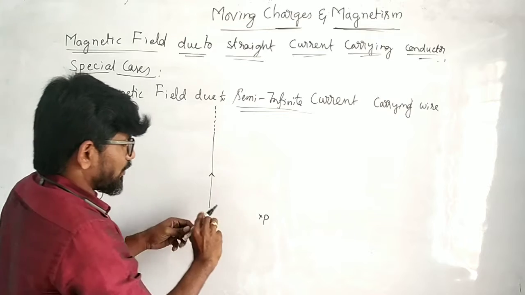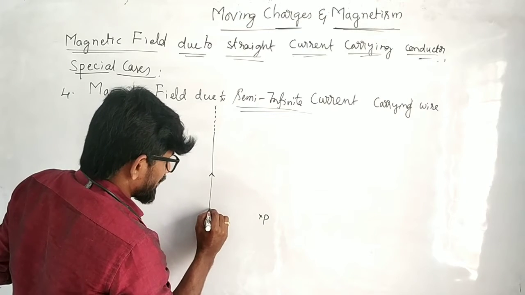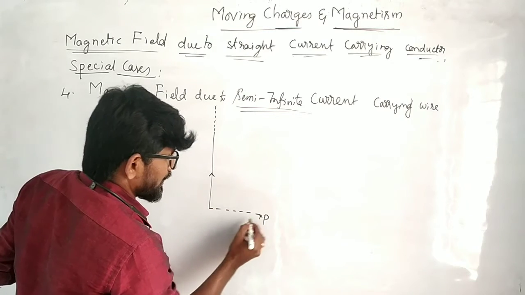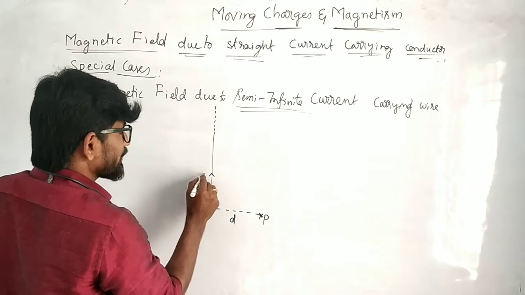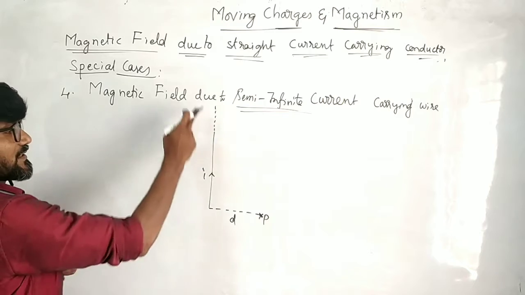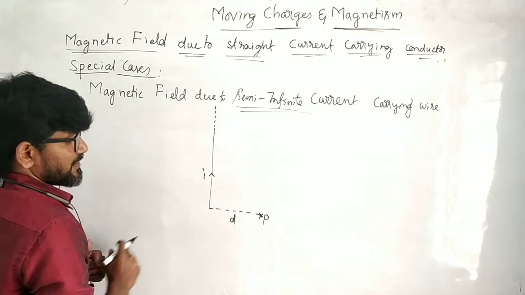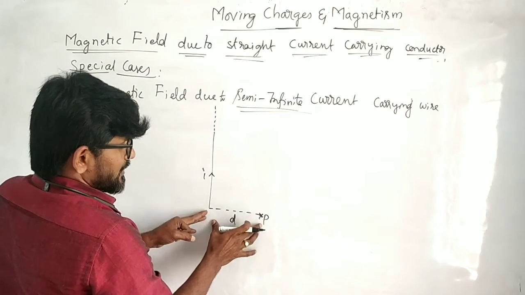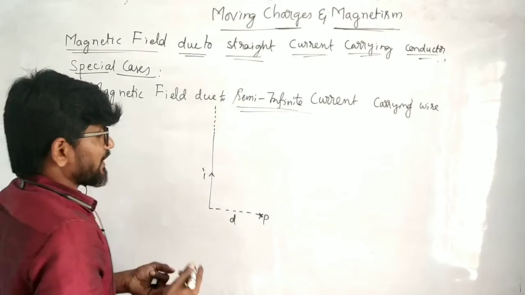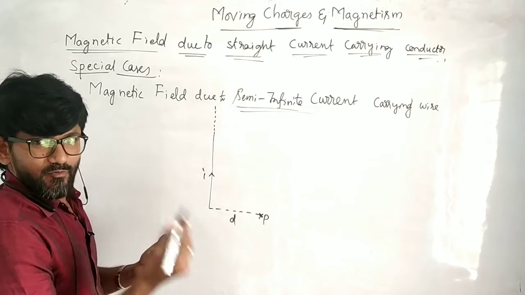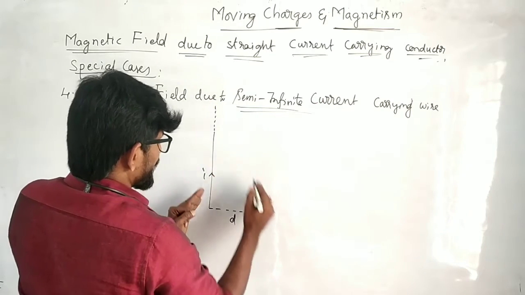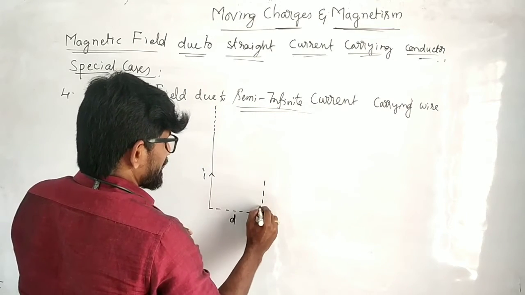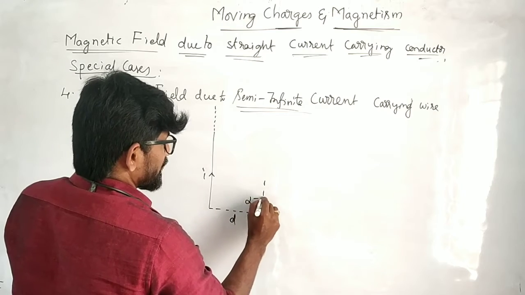Now, if you want to find the magnetic field at a point P, lying towards the finite edge, at this ending point, if you draw a perpendicular line to this point, and this perpendicular distance is d, when current I is flowing through this, at a perpendicular distance d, what is the magnetic field? To find this, you do it the same way. Because it is going to infinity, this line looks parallel to this. So alpha is equal to 90 degrees.